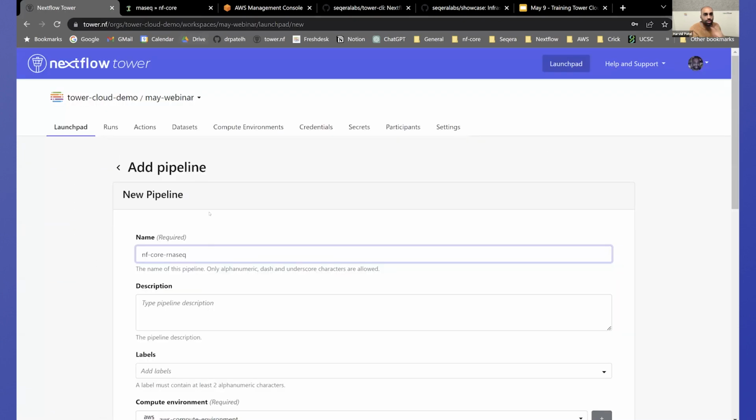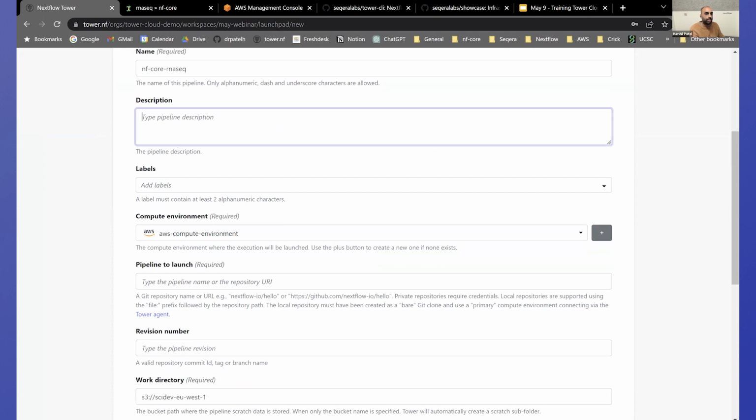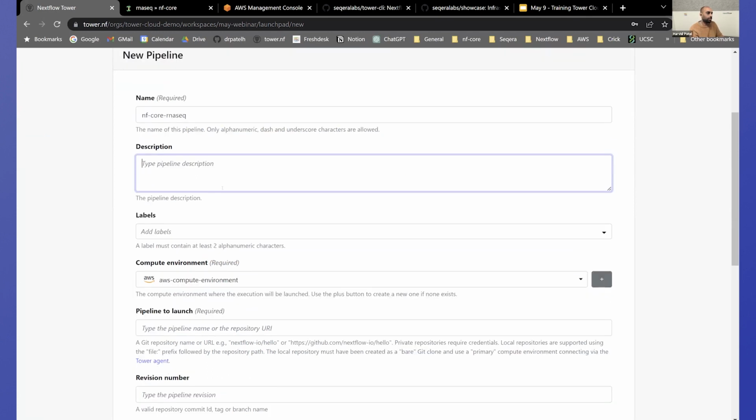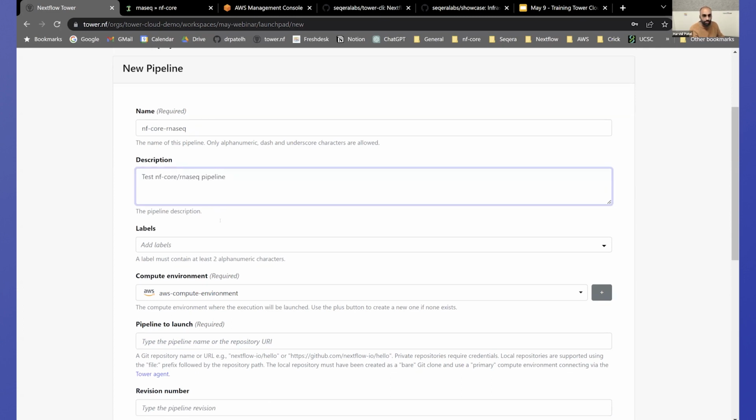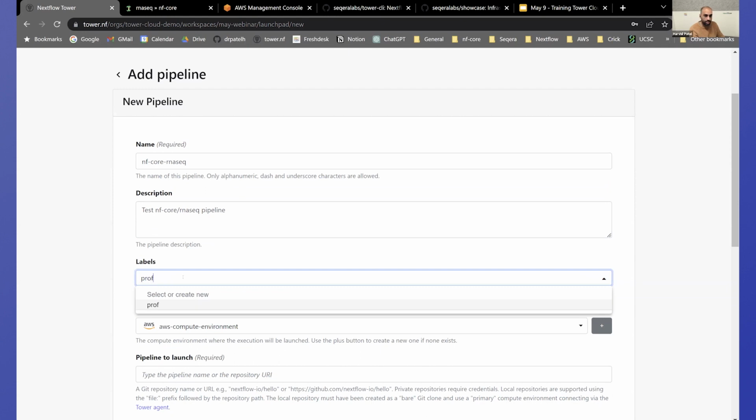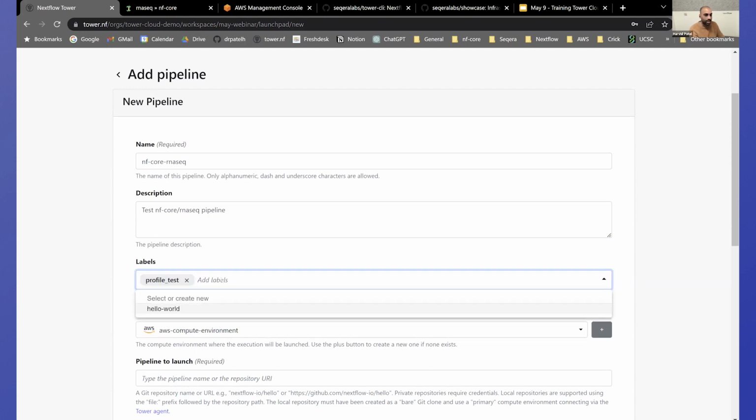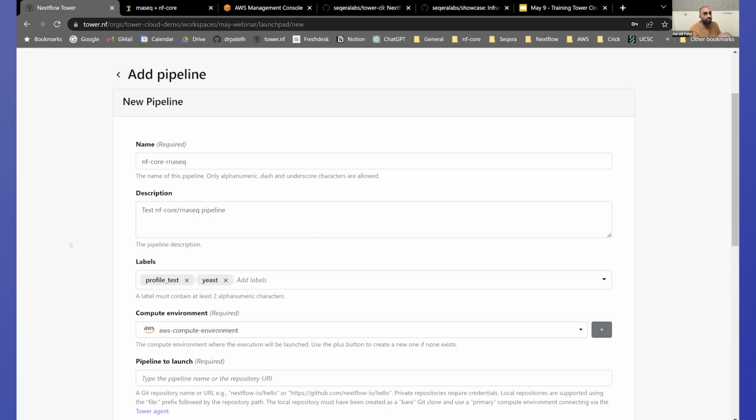Right, so the NF Core RNA-seq pipeline, I want to add that to my workspace as well. I'm just going to say test Core RNA-seq pipeline. I'll give it its own label to say I'm going to be using a test profile when I run it. Every NF Core pipeline comes with a test profile that allows you to test that it's working before you run